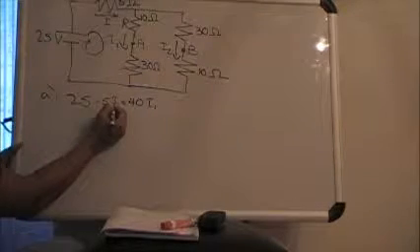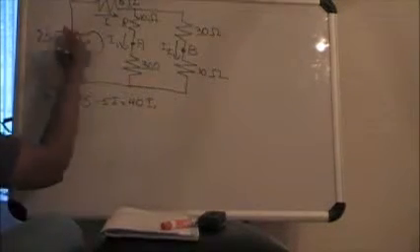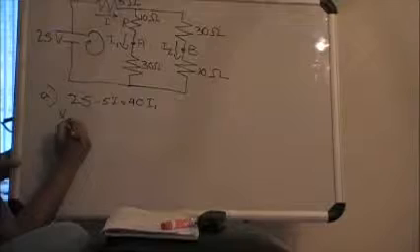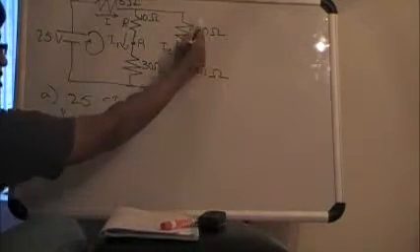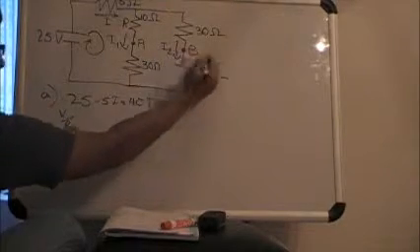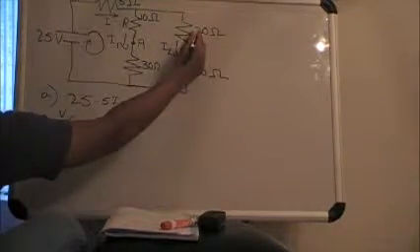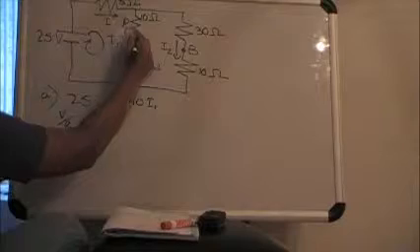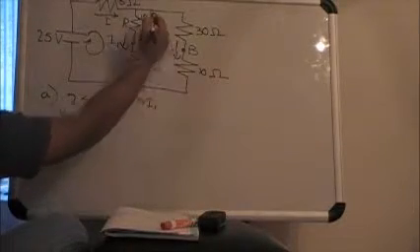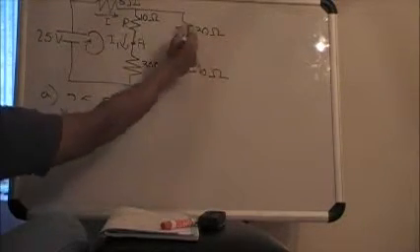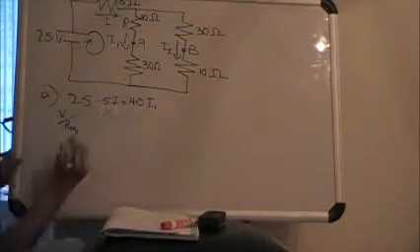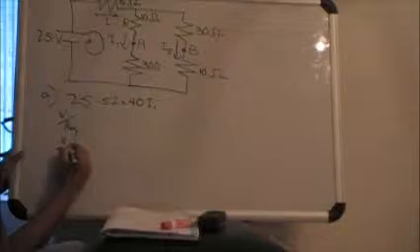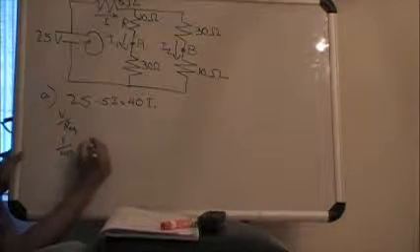And so we need to find what I is, so we can do that by doing V over the equivalent resistance of the whole circuit. The equivalent resistance of this branch is 10 plus 30, which is 40, and the equivalent resistance of this branch is 10 plus 30 equals 40. Then we find the equivalent resistance of this part right here, which is 1 over 40 plus 1 over 40